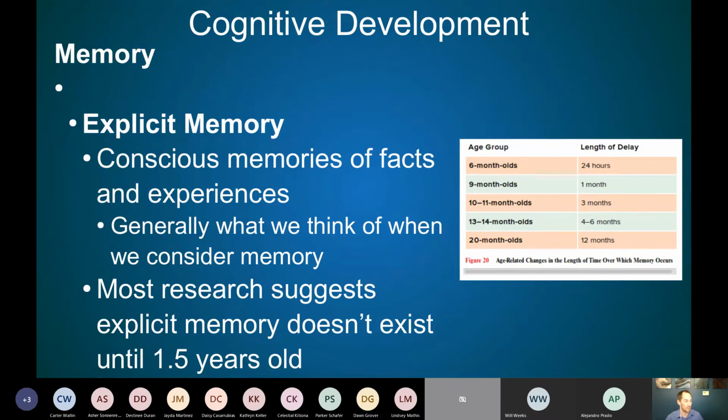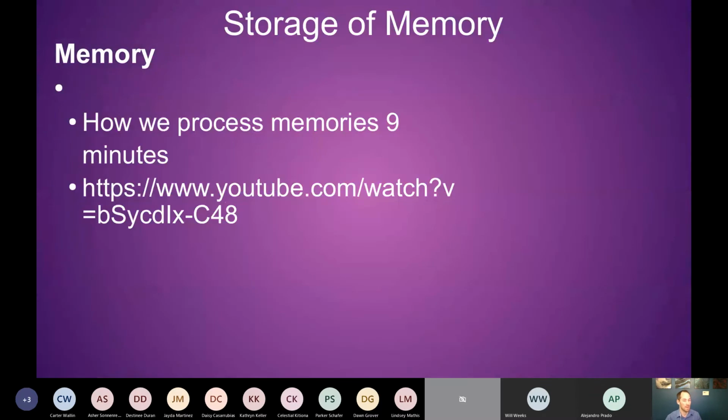But we'll talk about that in memory manipulation. We might not get to memory manipulation until the next class. It sounds really sinister when I say it. Memories are getting changed all the time, essentially. So, spoiler alert, memories all the time are getting changed and revised and added to. And part of that is because of the ways we store memory.